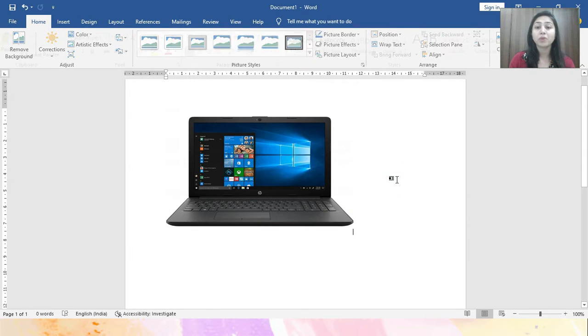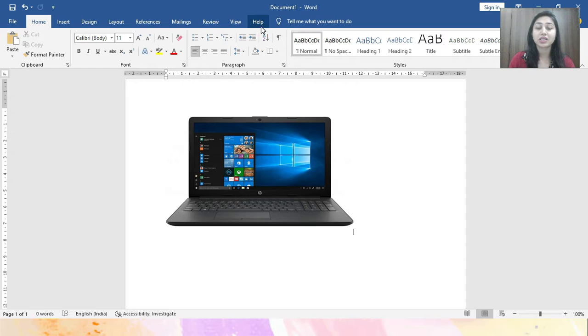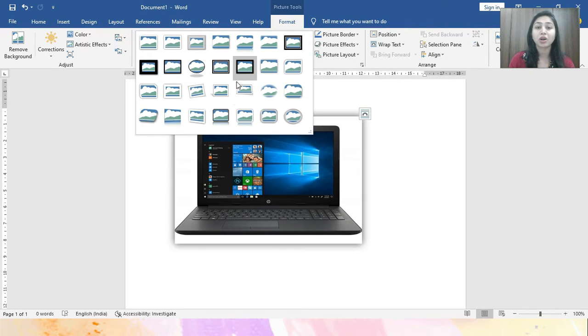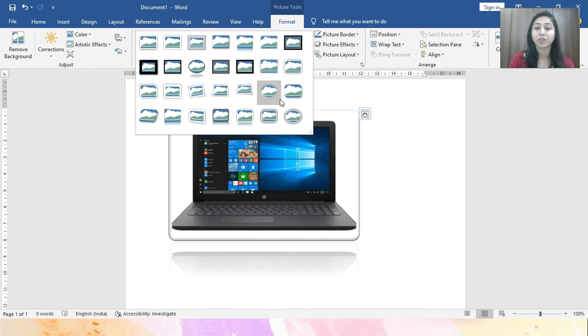And one more thing students, here you can see the last tab available is the help tab. Okay, when you insert a picture in your document and when you click on that picture, you can see a format tab, a new tab, appears on your toolbar, right? Clear? Okay, so using this format tab, you can do different options with your pictures.